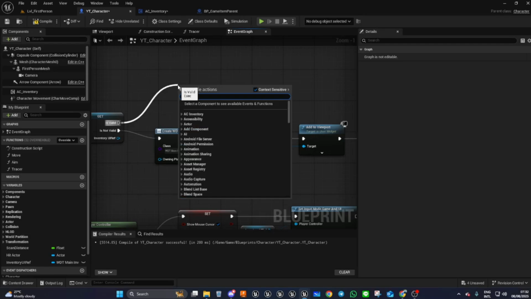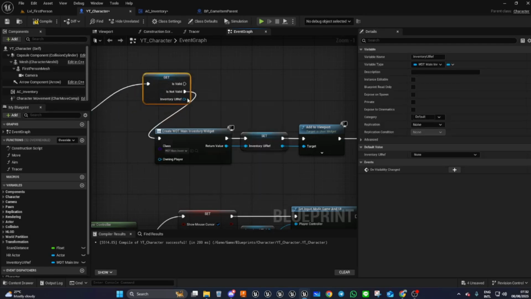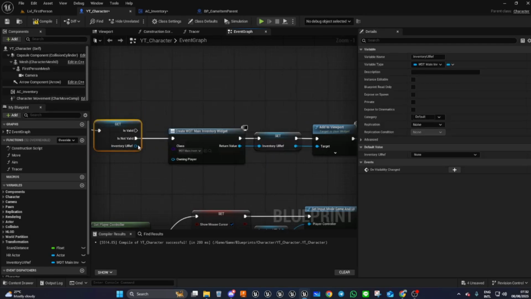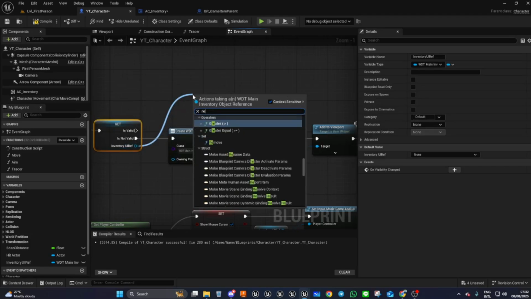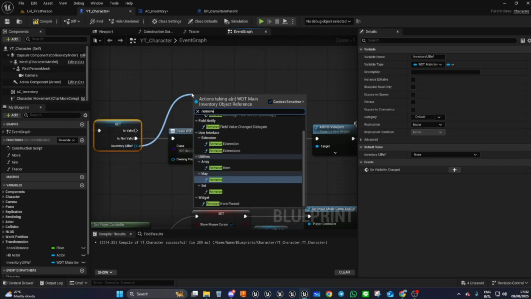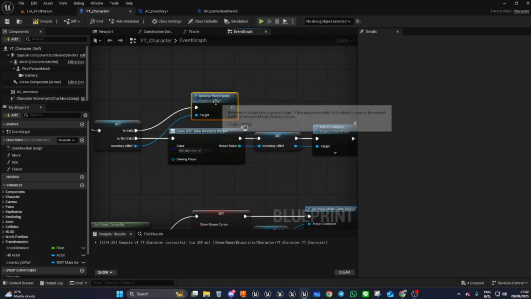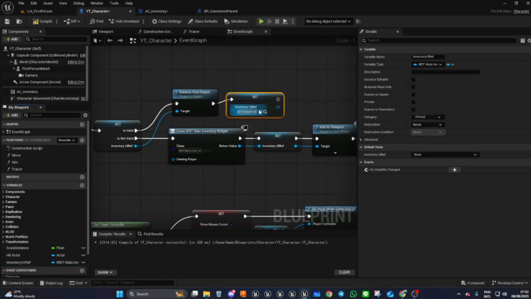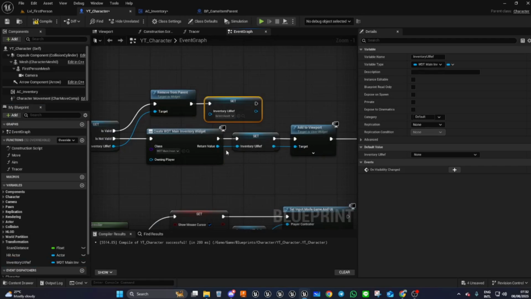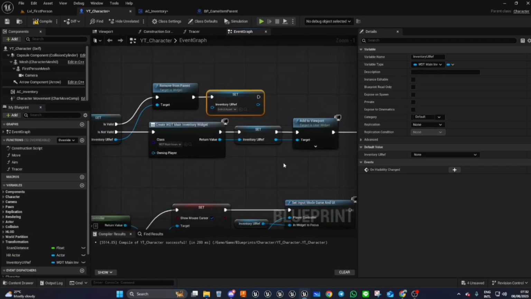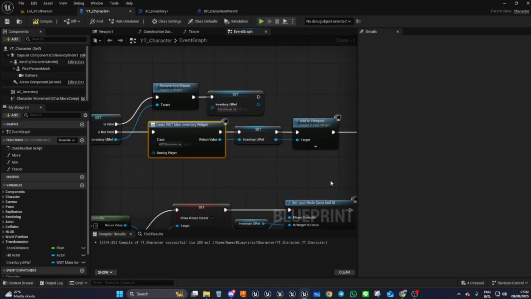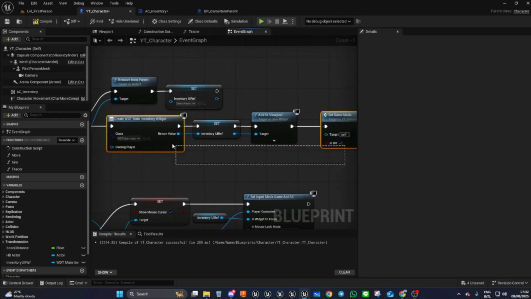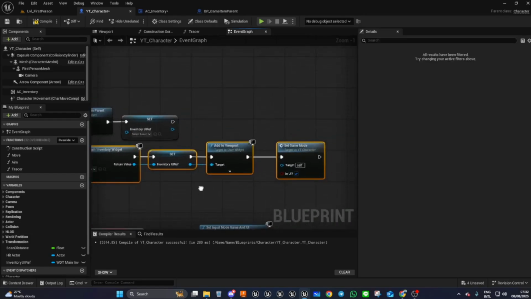we want to drag off with the UI reference. Oops. Remove from parents. We want to take it away from the screen. We want to set this to invalid, so the next time we hit the button, it will create the widget again. We want to keep recreating the widget and not just have a hard reference to it, because the inventory system is volatile,